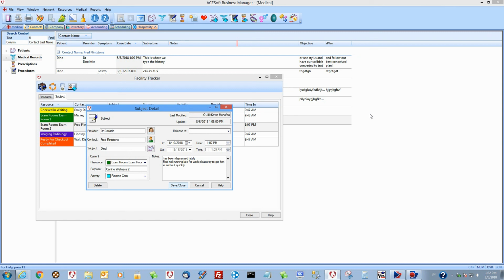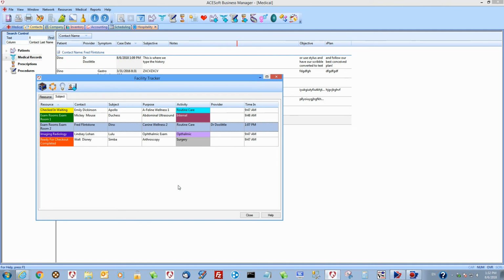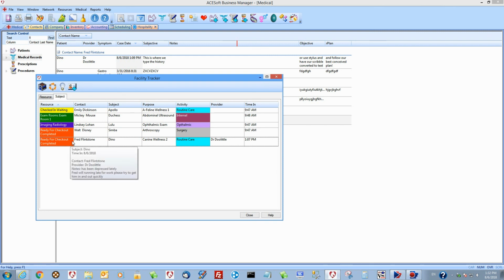Now we're back at the subject detail of our tracker, and I'm going to update Dino's status and move him to ready for checkout completed. And when I save that and close it, you'll see that his status gets changed, and this should alert the people at the front office that Dino and Fred are ready to check out, and so they can go right into